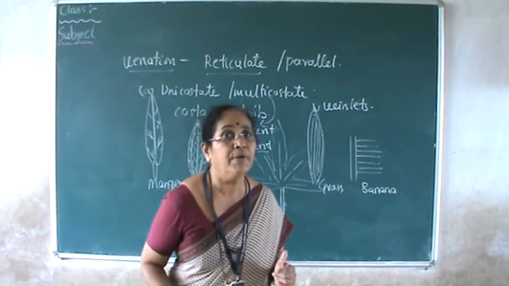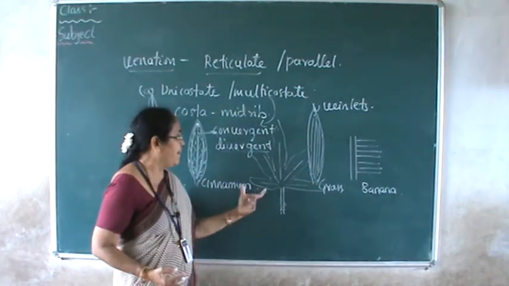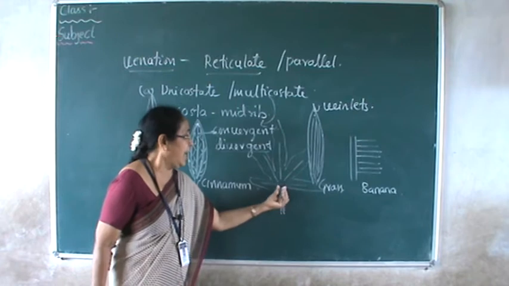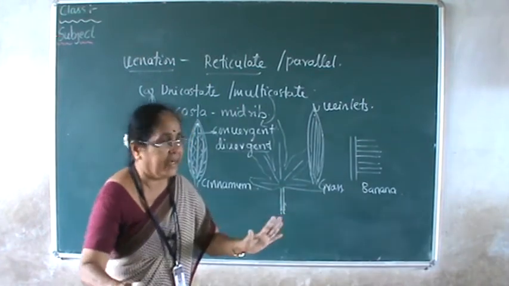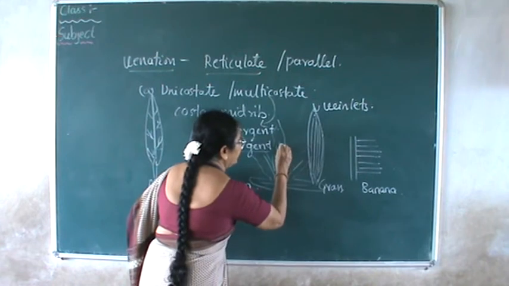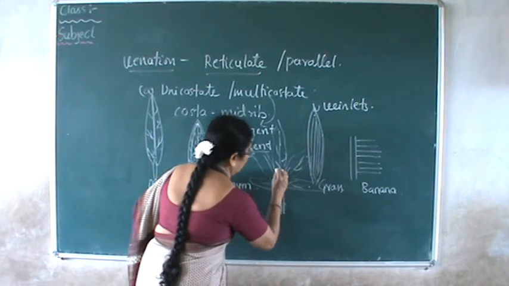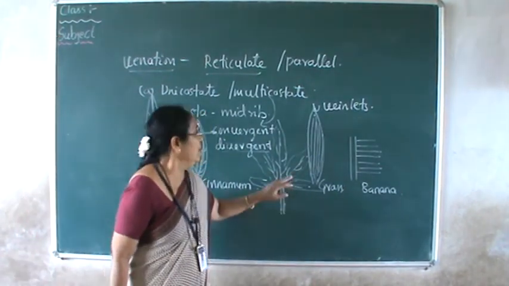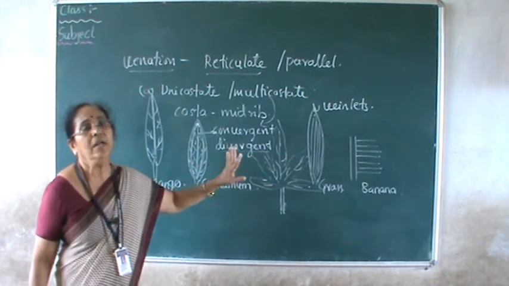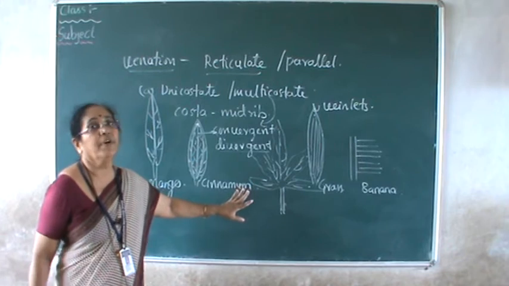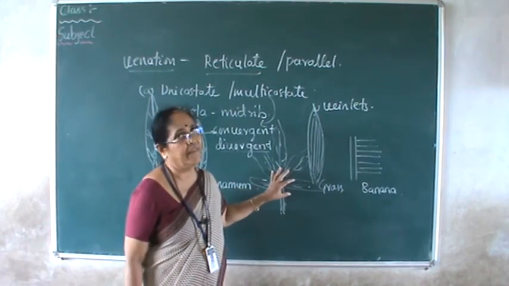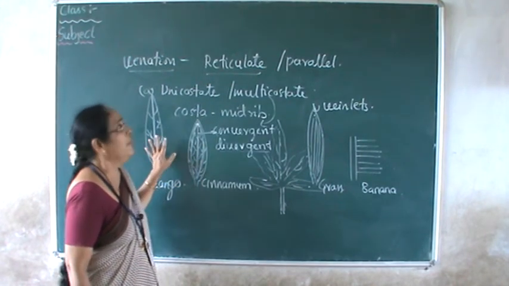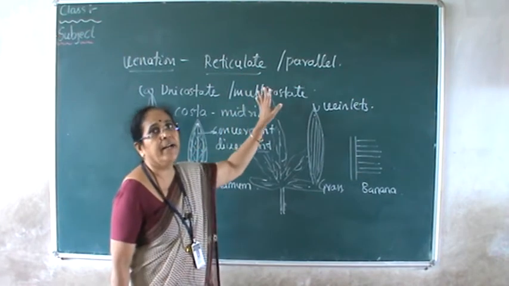Papaya leaf is also an example for this kind of leaf, and castor leaf is an example for this kind of venation. Here there are multi-costa, more than one equally strong costa arising from a common point and they are diverging towards the periphery. Ultimately they are further branched into reticulate pattern. Lady's finger can also be given as an example. So it is multicostate divergent: lady's finger, castor leaf and even papaya. And this is multicostate convergent type and this is unicostate type of venation. All the three belong to the reticulate kind of venation.